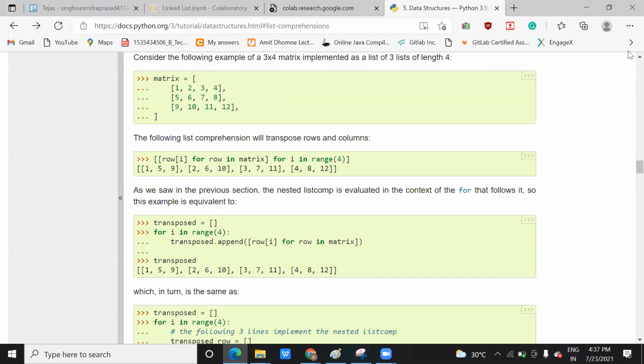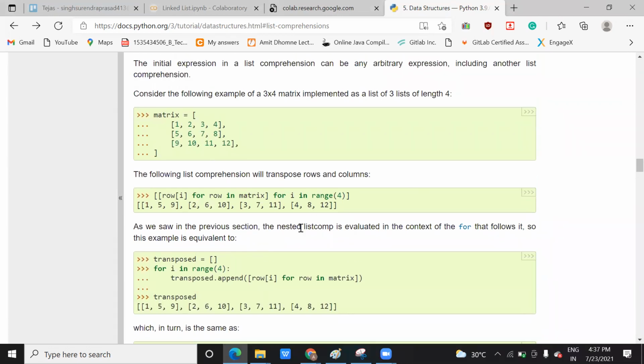Yeah. Nested comprehension means when you do an operation on two lists. Here you can see this is the matrix. Inside the list, you have created another square bracket. In this, row i for row in matrix means you are considering every row from this matrix.